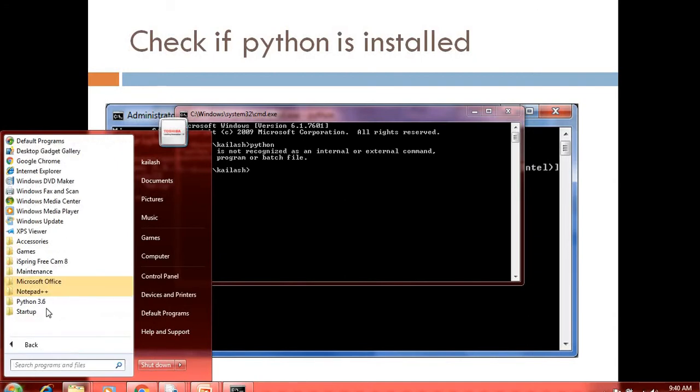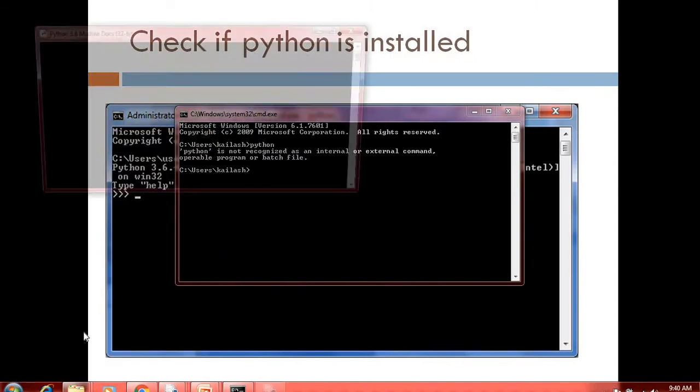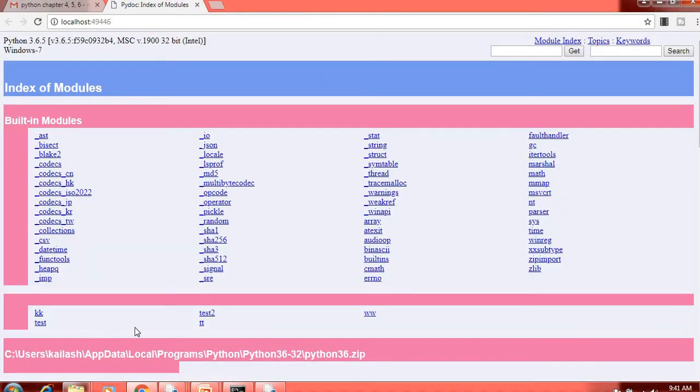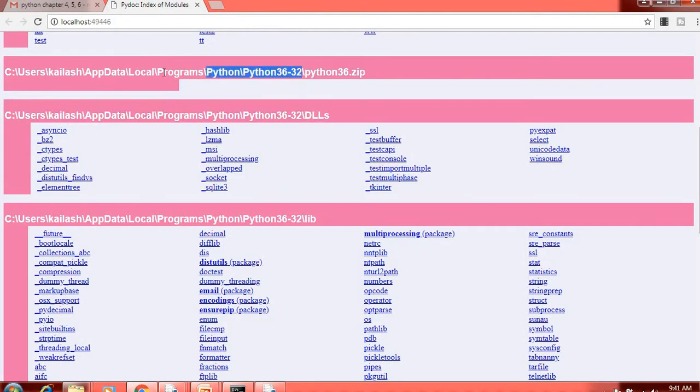Click on All Programs, then go to the Python version, especially in the 3.6 version you can go to the 3.6 module docs. It will show you all the modules available in Python, like this one. We have to check the specific path where Python is installed, which is up to Python36-32. This is basically the path where Python is installed. You can simply copy this from here. First select this, I have selected it, and then